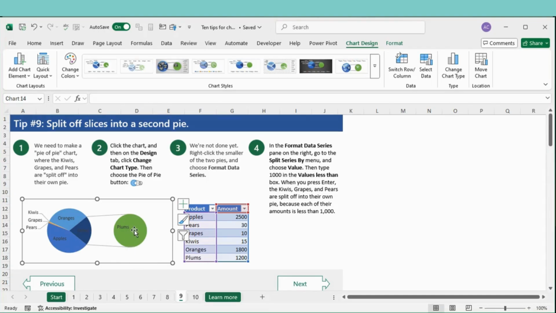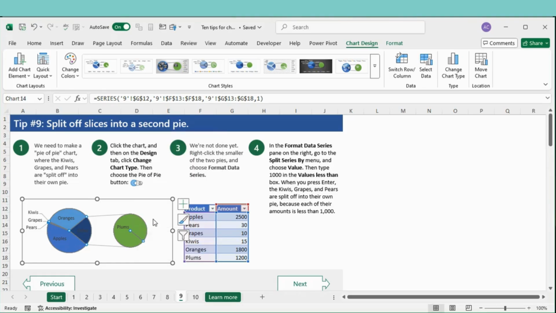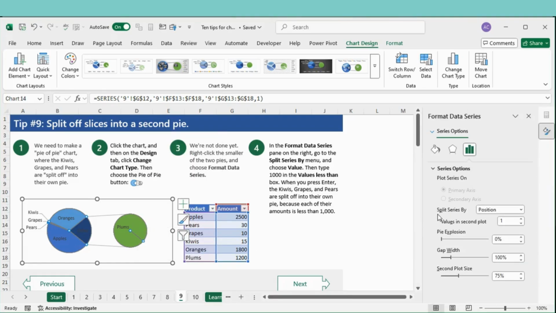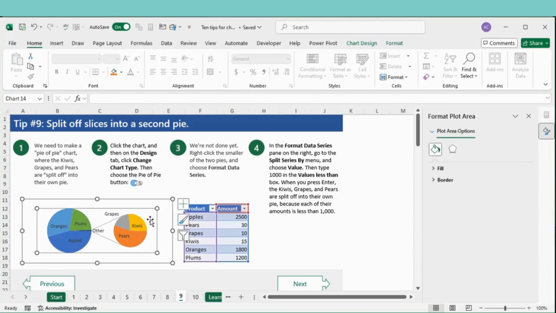Right click on the smaller chart and go to format data series. Now in split series by, choose value option and here you will need to punch in 1000. When you press enter, the kiwis, grapes and pears are split off into their own pie because each of their amounts is less than 1000.